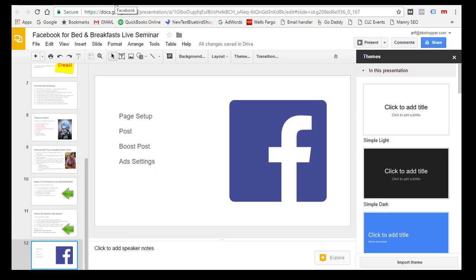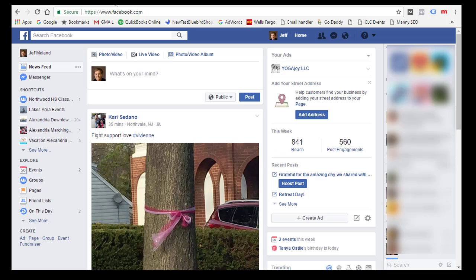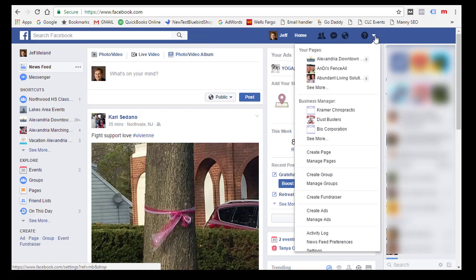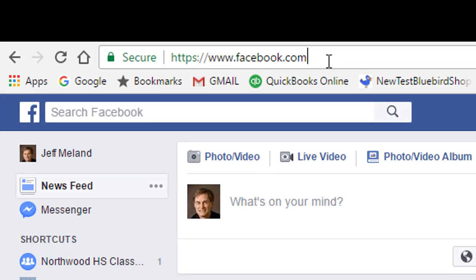For a business or organization, you can have a page, but you do not need a separate login for your page. So if you go to your own Facebook profile and click this little arrow over here, you can see create page. Now another way to do that is go up here and say